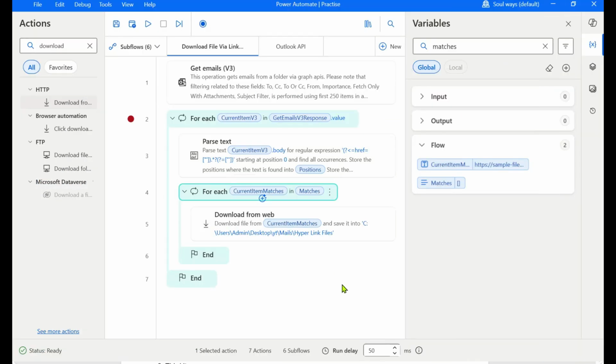So this is the way how we can download the files with the help of hyperlinks. I hope you understand, and still if you have any doubts, post your comment in the